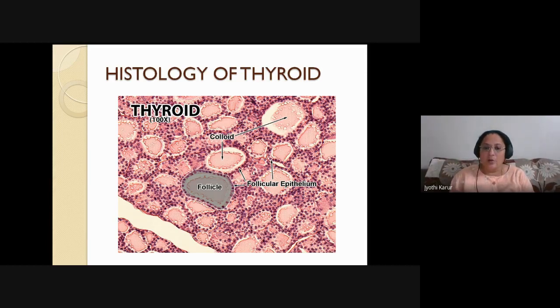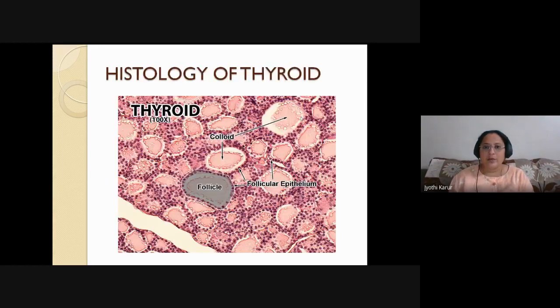Can anyone tell me what parafollicular cells secrete? Calcitonin. Yes, very good. Parafollicular cells secrete calcitonin. So, coming to thyrocytes, the parafollicular cells, lymphoid tissue and the vascular epithelium, all the vascular derivatives will be there. The older classification methods used to concentrate only on the thyrocytes and the lymphocytes, and they used to ignore all the other malignancies. But from 2017, WHO has devised a new method of classification of thyroid cancers.